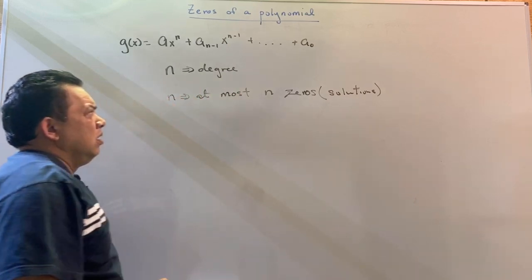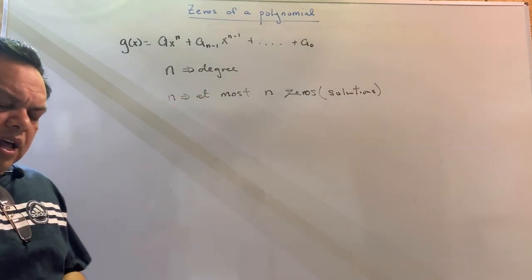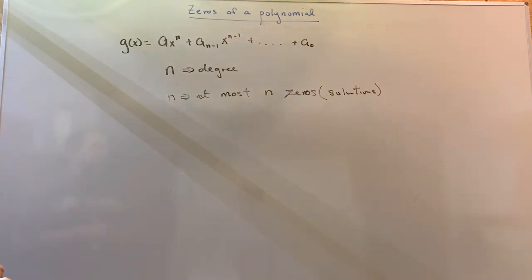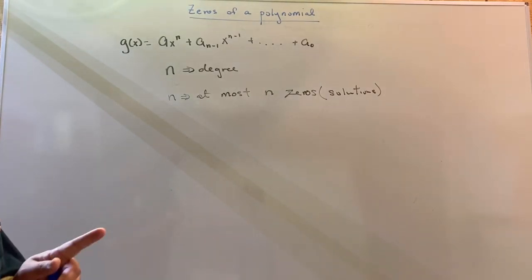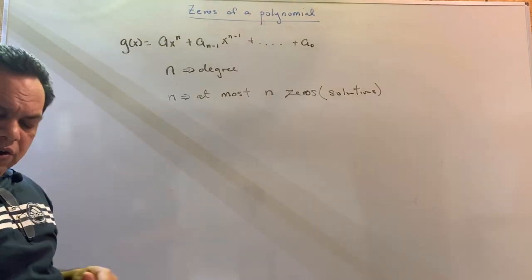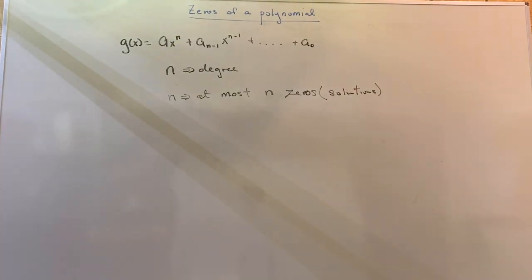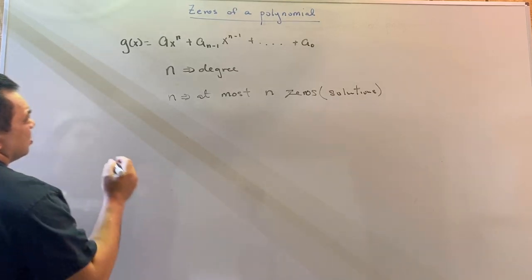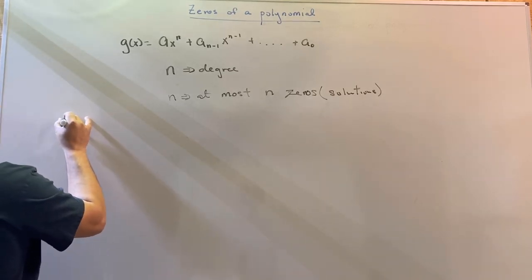Okay? In addition, linear factorization tells us that n also tells us something about the number of factors we have. If f of x is a polynomial of degree n, where n is greater than 0, then f has precisely n linear factors. So what does that really tell us? If we look at an example,